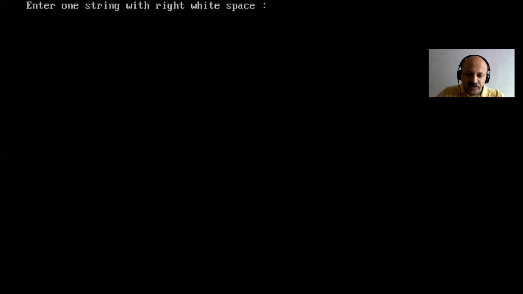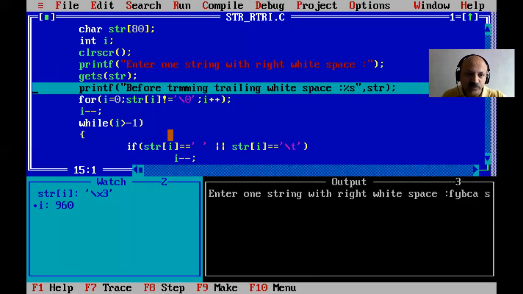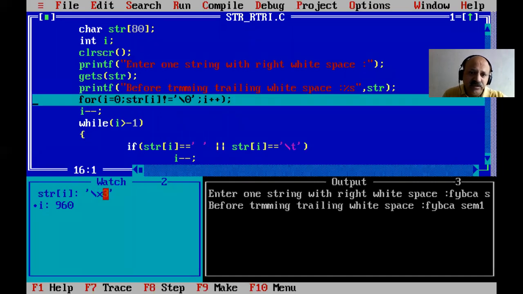So let us check. I give input like F5 BCSM1, yes, and 1, 2, 3, 4, 5, 6, 7, 8. So 8 minus space, and enter. And now we can observe. So here you can look, first I press F7. So yes, here we can provide a semicolon. You can also use strlen for the string. So this for loop calculates the length of our string. So here we can provide a null statement. Yes, you can also take the body of the for loop, and this statement is not part of the for loop. Yes, here we can provide a semicolon.